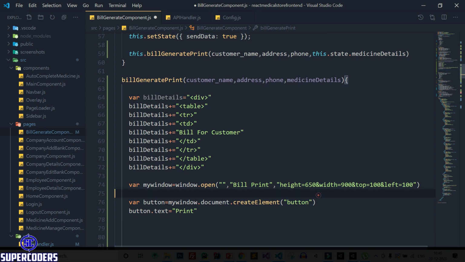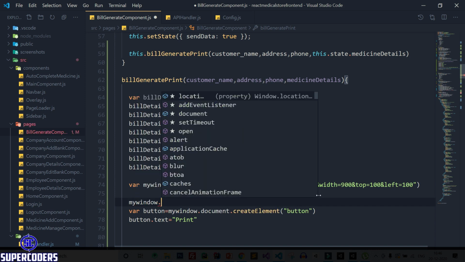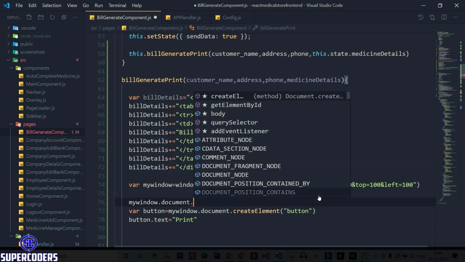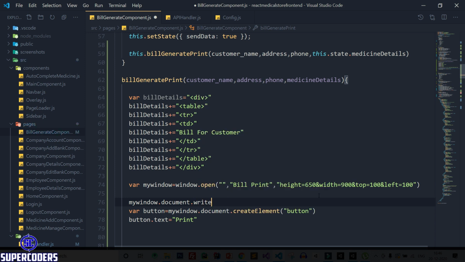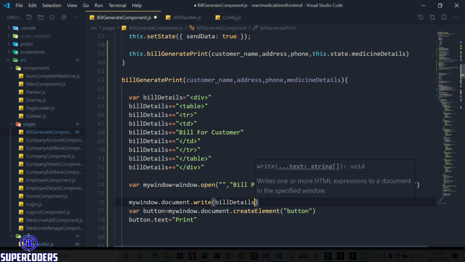After that, also here my window dot document dot write, and here pass the bill details which I create earlier.